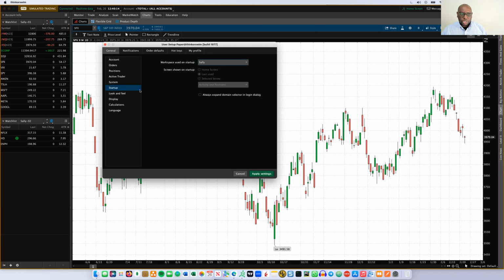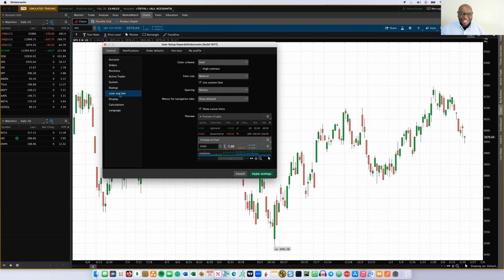The next thing that you want to do is modify your look and feel, right? Not you personally, but the thinkorswim's look and feel. Some people would like a bigger font size, so you can choose your comfort level here. It goes all the way from small, I call this tiny, right? Small, medium, large, larger, very large, or extra large. I like mine medium. Medium is great. It's comfortable on my eyes. And also I have a big screen, so medium works very, very well. So you want to adjust this based on what screen size you have, and also based on your comfort level reading